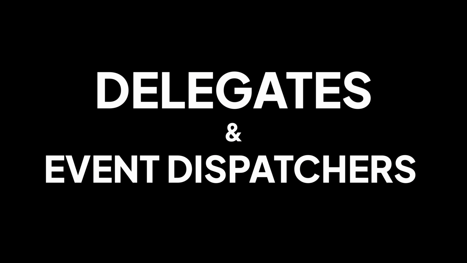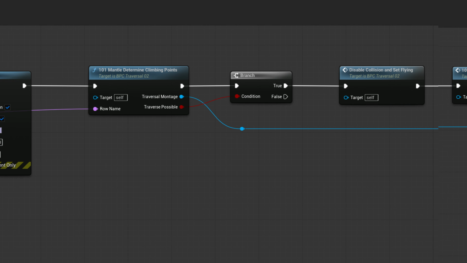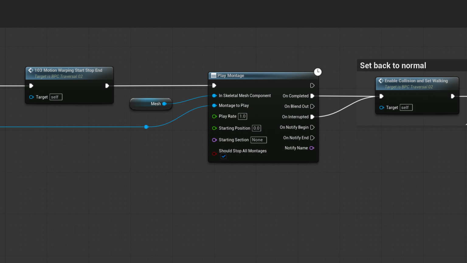4. Delegates and dispatchers. When I was first building things, a lot of my logic was chained together. One thing would happen and that would cause something else, and then something else, and so on and so on. Events would trigger events, functions would trigger functions, and inputs would trigger events. That works initially, but as things progress, it becomes harder to follow along, especially as those execution chains grow. What helped was moving to an event-driven system,